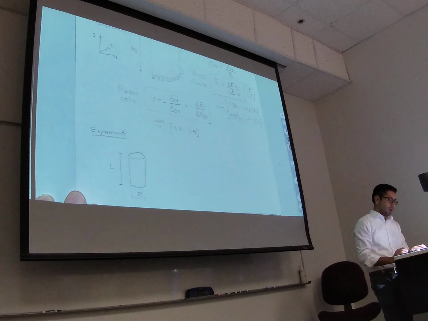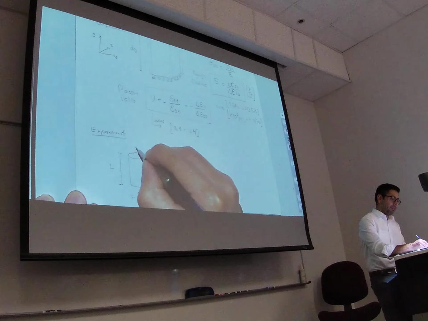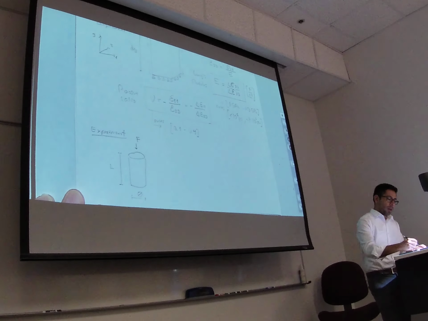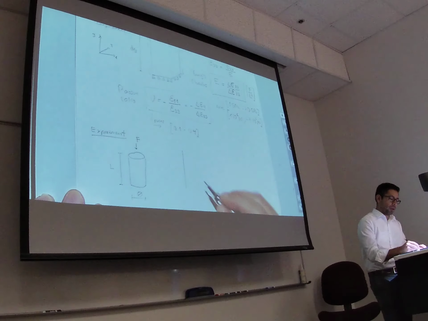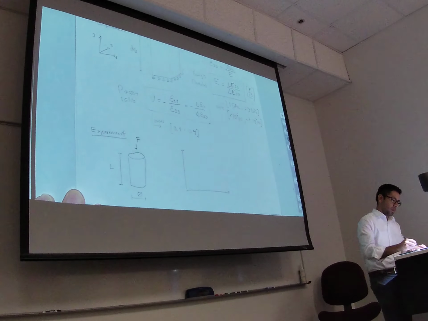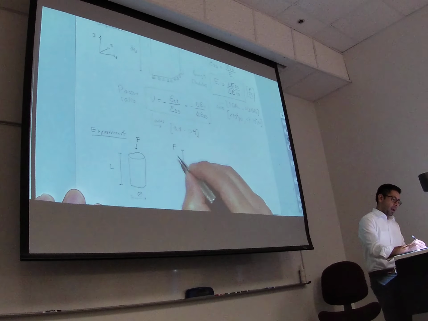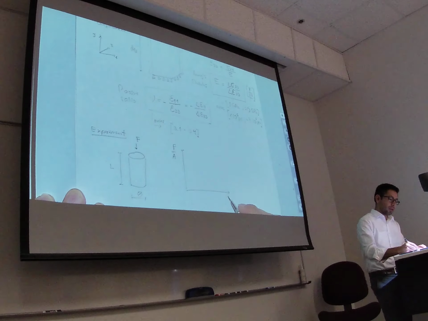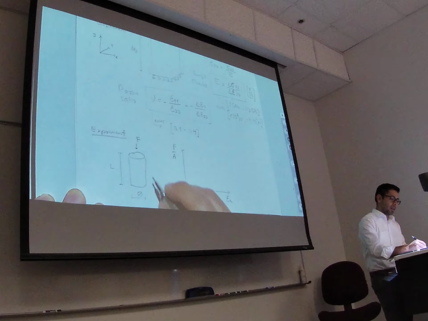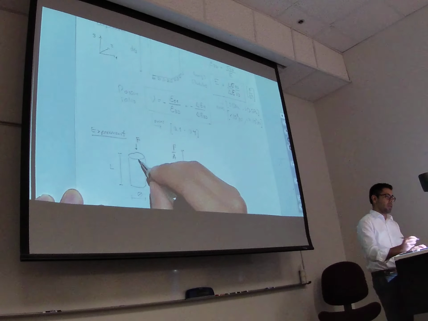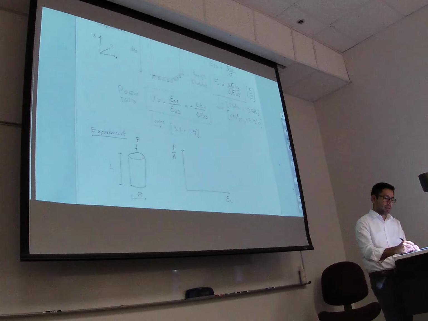Okay? And we'll apply a force on it. As a result of that force, and here I'm going to plot force divided by area, I'm going to plot the strength in axial direction, which is along this axis will be the same as